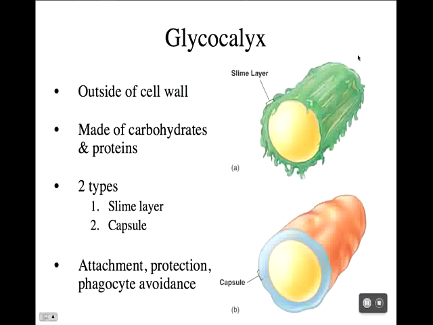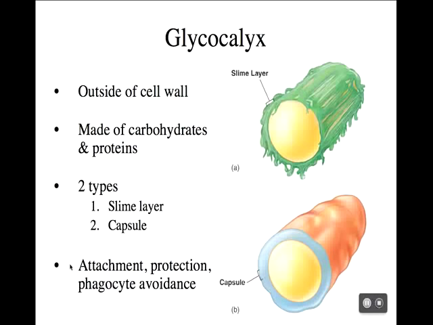The glycocalyx, outside of the cell wall, it's the outermost portion of the envelope. The glycocalyx is made of carbohydrates. There are some proteins in there as well, but its main structure is made of carbohydrates. Now, I say carbohydrates, and you should be thinking sticky. Carbohydrates or sugars are sticky, and indeed that's a big function of the glycocalyx is attachment. The glycocalyx provides attachment for cells to attach to one another, for cells to attach to solid surfaces, for cells to attach to our